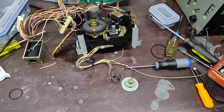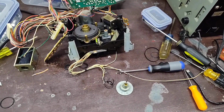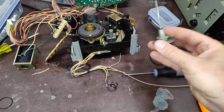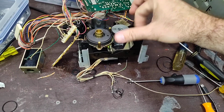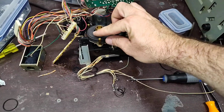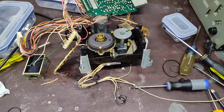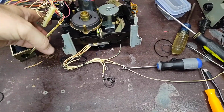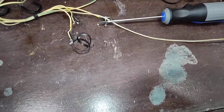And again, this one's clean, so we're just going to put our little bit of oil on it and drop it in. So let's make sure there's no debris on this magnet either. That would be bad. But we're going to reattach the...